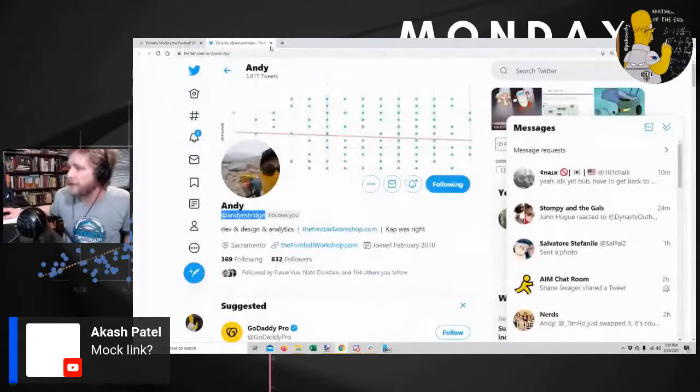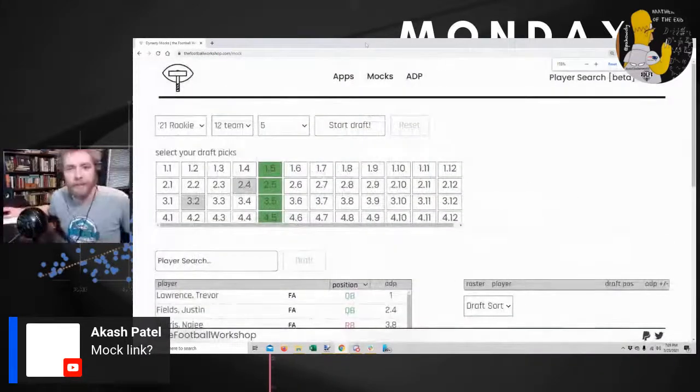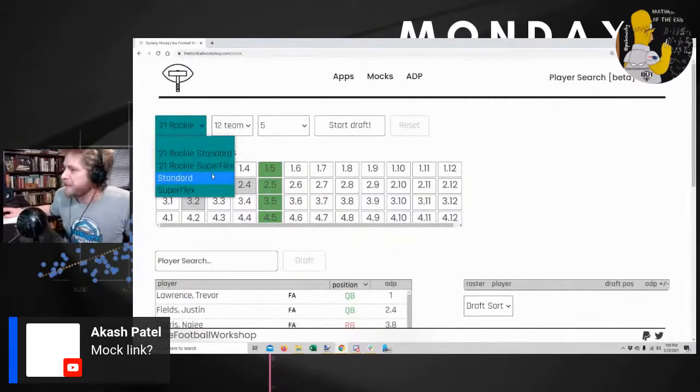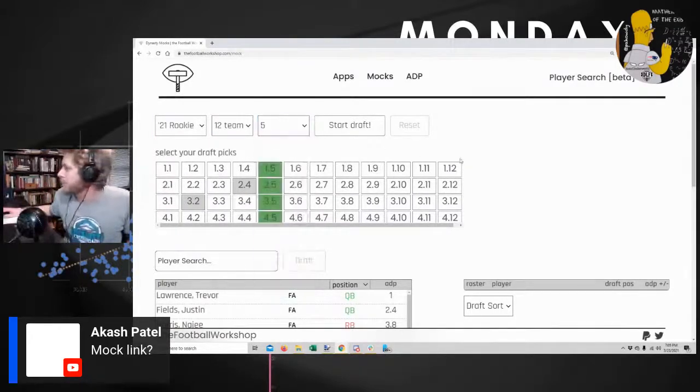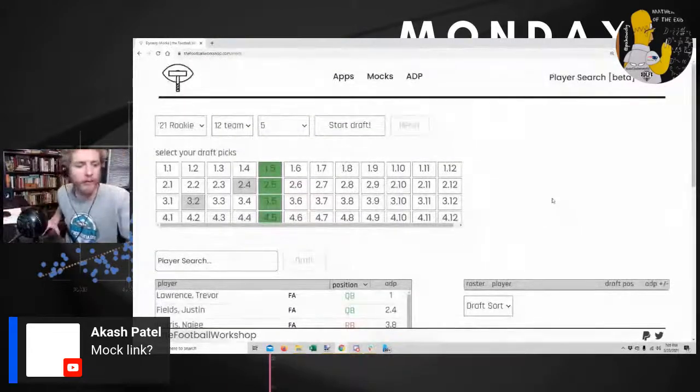Just let everyone know about Andy. And if you're alone and bored like me a lot at 2 a.m., you can actually just practice some mocks or get a sense of how your draft might go based on my fantasy league ADP. So we're going to do rookie superflex draft was my thinking. Anyone got a thought on where we should select from? What our 101 pick, our first round pick is?